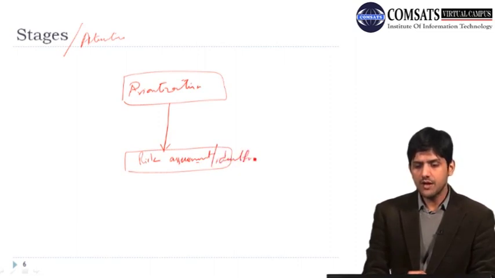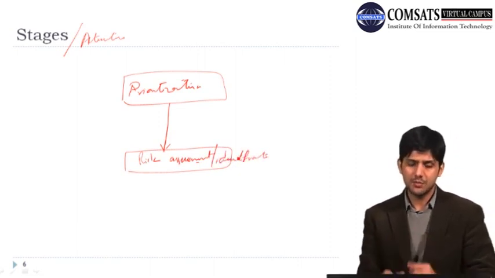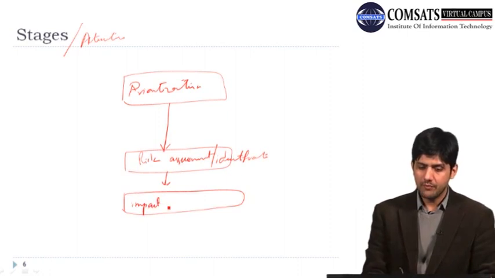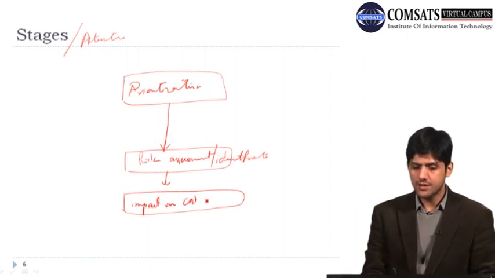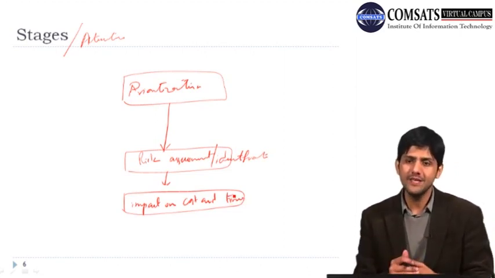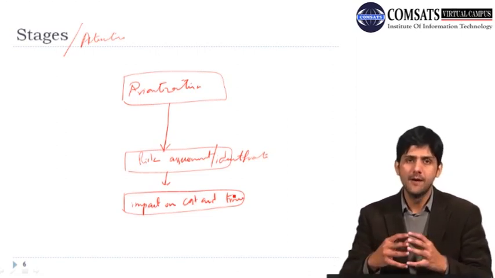We try to identify risks associated with each particular requirement, and then next we do impact analysis, impact on cost and time. For each requirement we evaluate what the impact of this particular requirement will be on time and